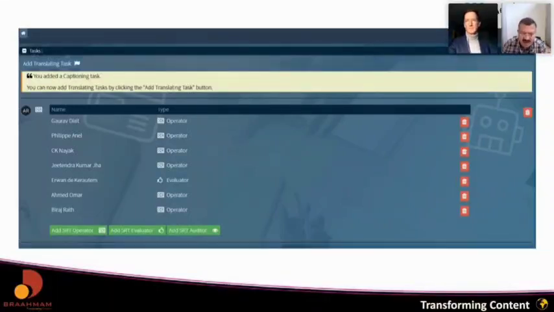So you can see there is an evaluator who can actually check and evaluate what has been done. There are operators who can actually do the manual editing of the transcript or the subtitling that has been done. And there are green buttons below to add more people in different roles and change the roles and responsibilities when working on the video. So this is a quick dashboard of the access that we work with different people in the workflow.